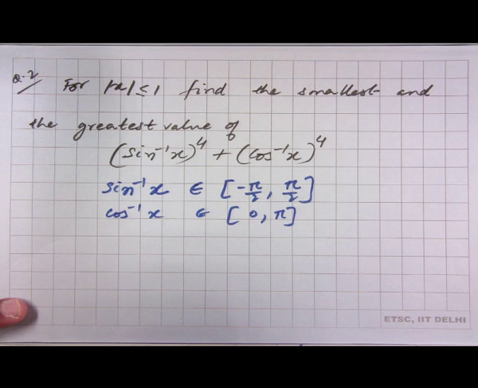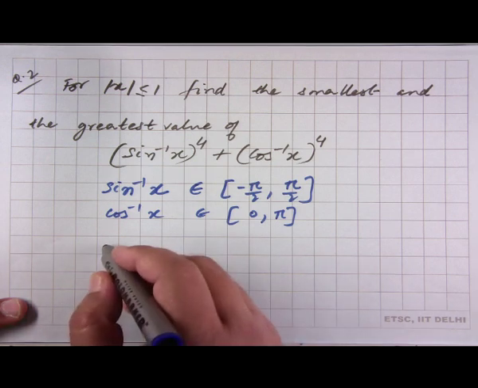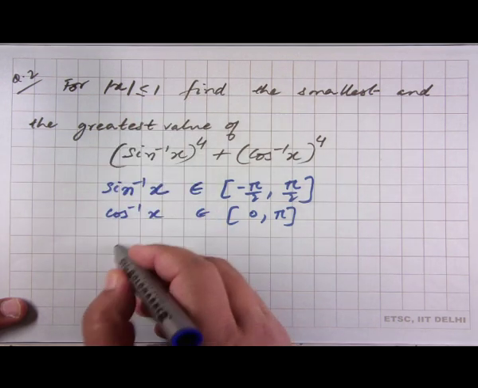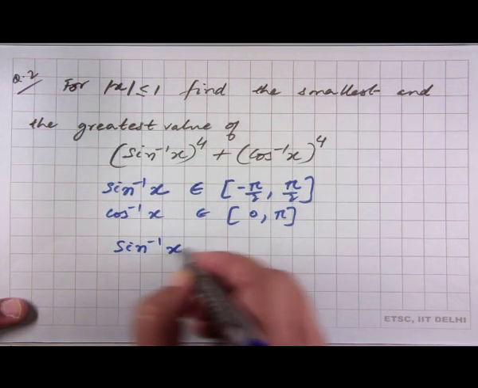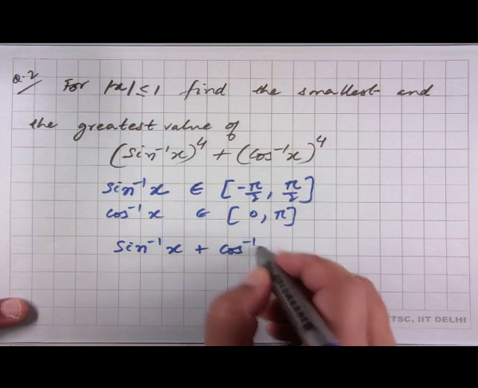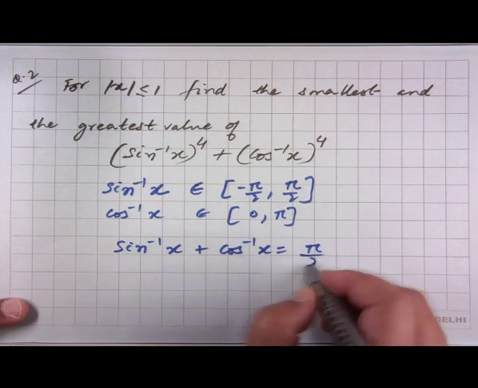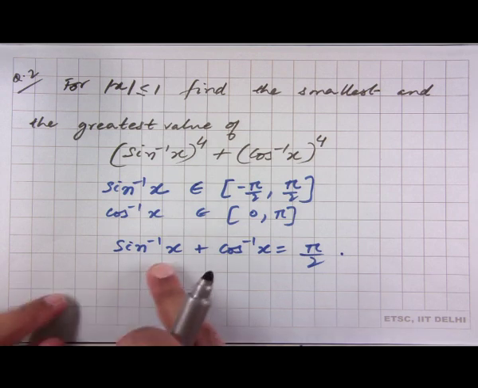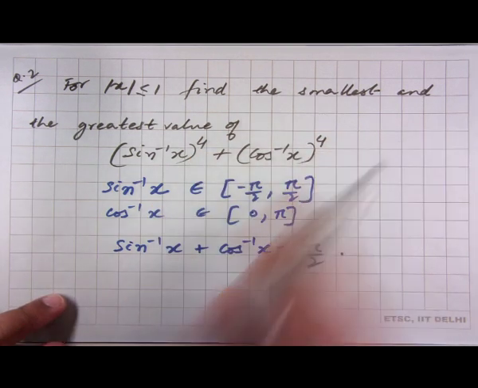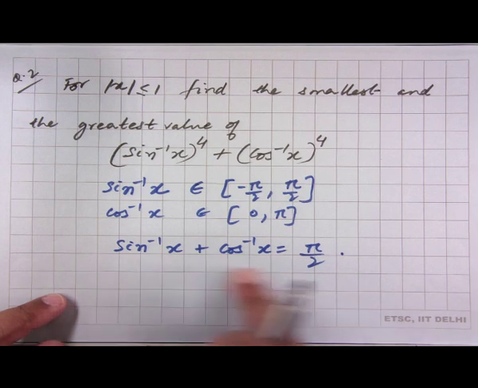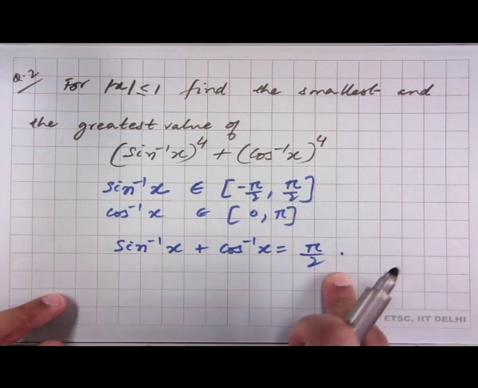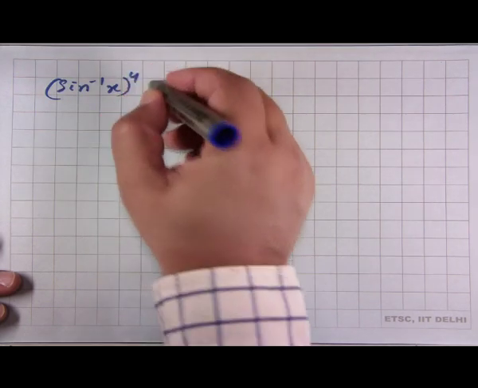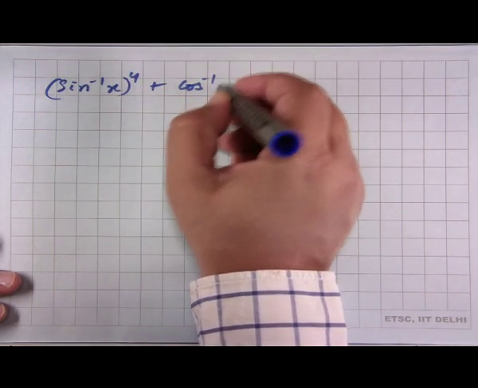But we also know the result that for any x such that mod x is less than or equal to 1, sin inverse x plus cos inverse x is pi over 2. So, this is true, and though we have powers of 4 here, we would be interested in using this identity somehow. So, if you want to use that identity, then we can write this